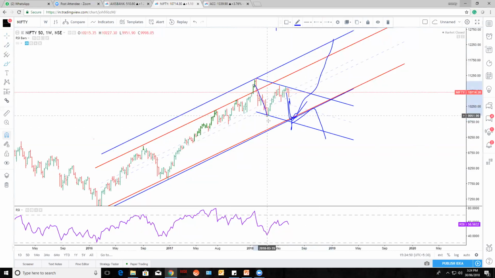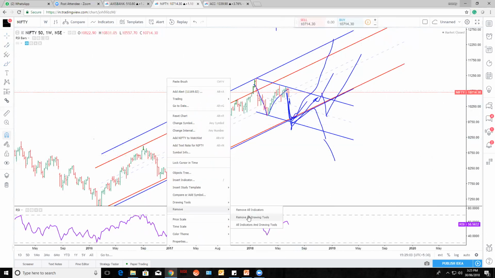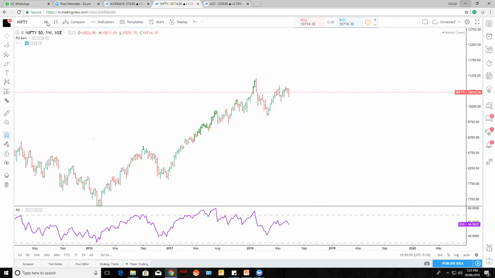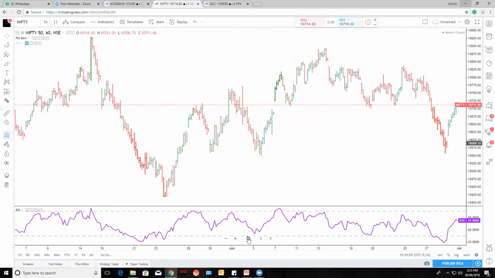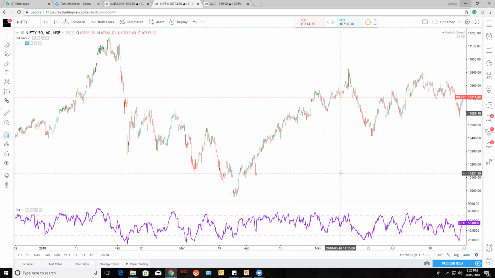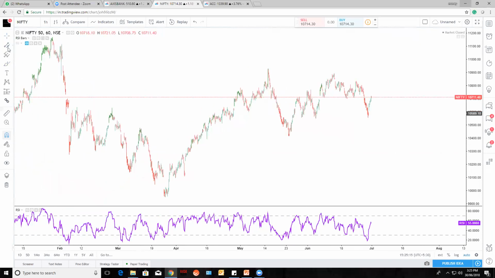Okay, this is like 1 down, 2 down, 3 down, 4 down. It may cross, or else it comes down and may cross upside, or else it may go down. So this is how you need to draw the channel. Let's say I'm going to daily, or let's say go for the hourly chart. Like we all love intraday trading, right? Let's say this is an hourly chart.